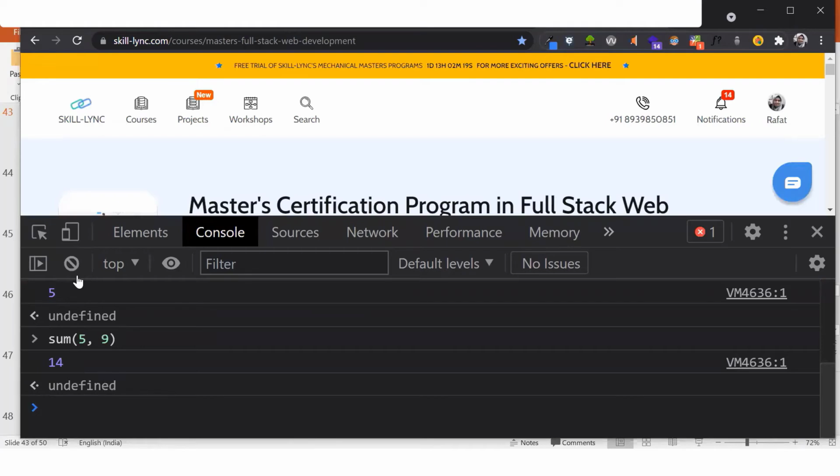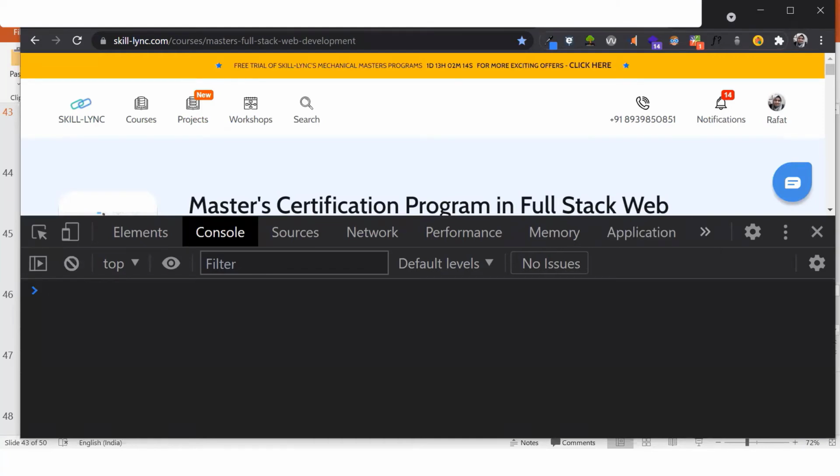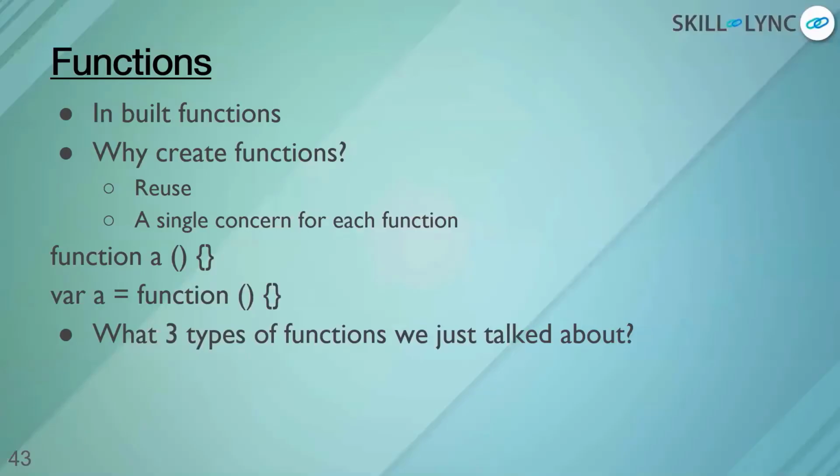In fact, you can return some things from functions as well. You definitely have inbuilt functions, just the way you saw, right? For arrays, we have push and pop. In push, you are passing the value which you want to push in that array. In pop, you are just getting the last value which was pushed into the array. So those are inbuilt functions. We have created our own functions with the name of a.